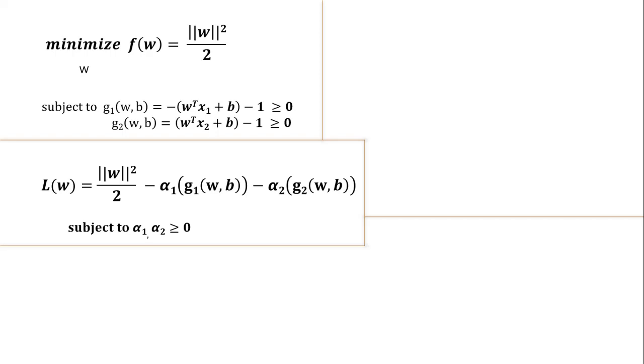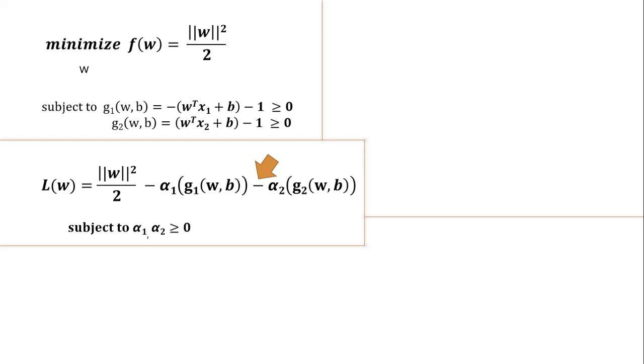Guys, one thing to note here is, if the constraint is greater than 0, then we will put a negative sign before that, otherwise we will assume it as positive. And here we are using the alpha term for inequality constraints, whereas we will use beta for equality constraints. So now we have formulated the new objective function with constraints as mentioned.